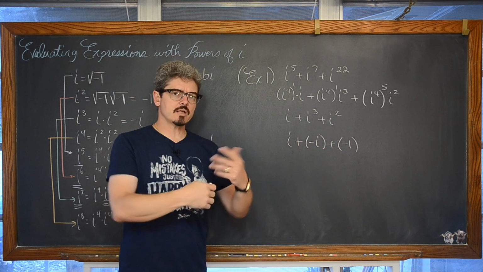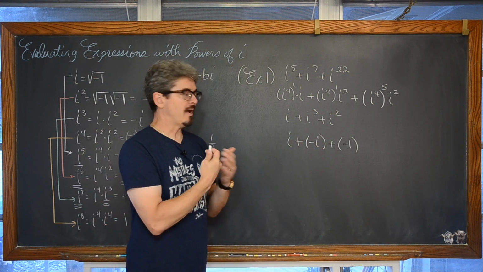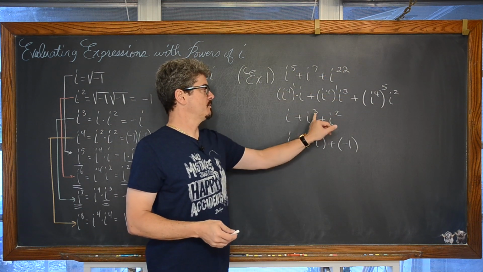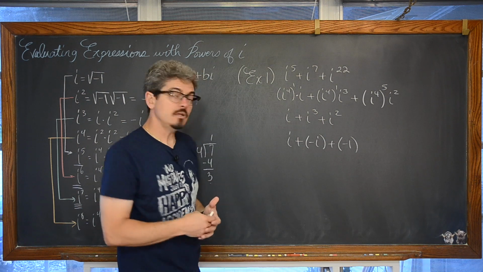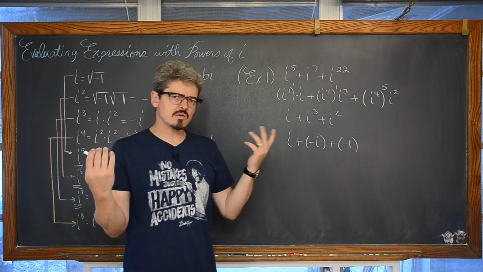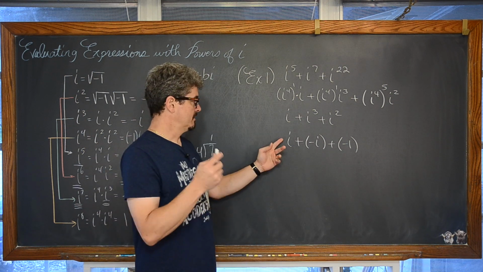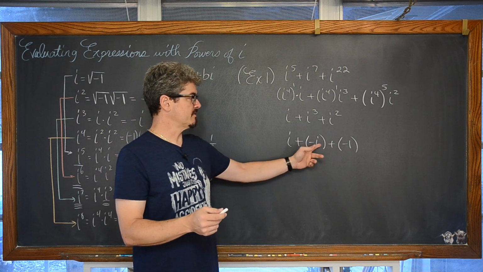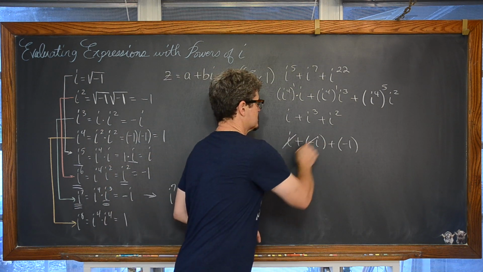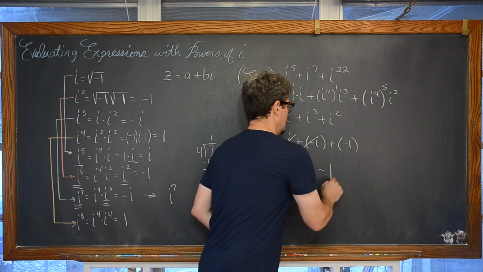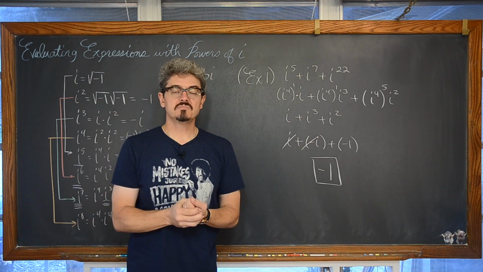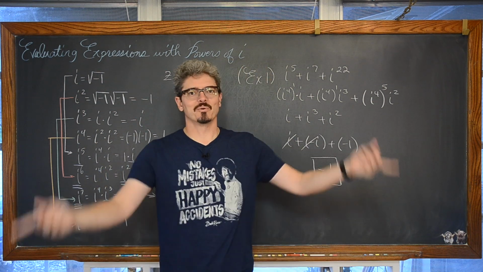Well, now that we've dealt with the powers of i, and even got from those high powers down to powers of 1, 2, 3, and 4, where i to the 4th is equal to 1, now we just deal with these like we're dealing with variables. We have 1i plus negative 1i. We're just going to add those as if they're like terms, because they are. Those are going to cancel out, adding up to be 0, and our final answer is equal to negative 1. So all of this mess is simply negative 1. Our second example coming up right now.